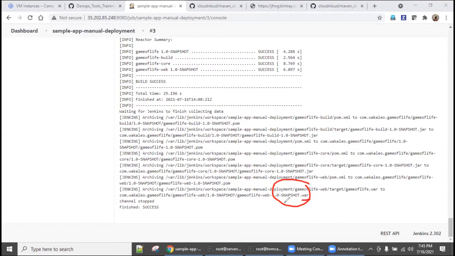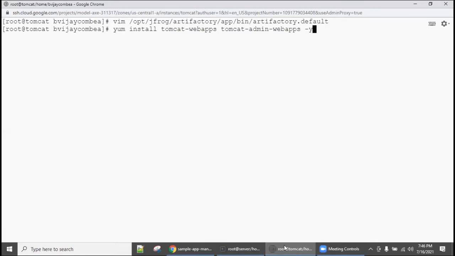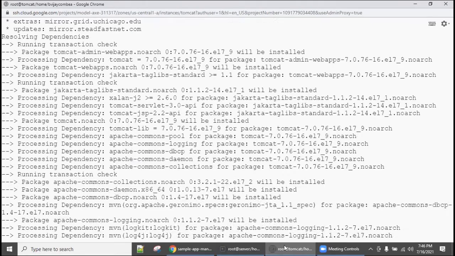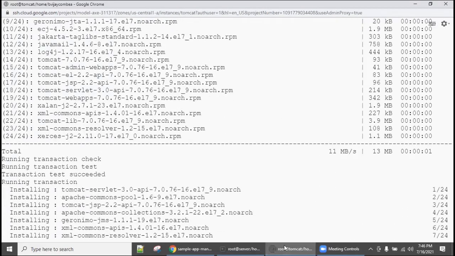This file I cannot use directly. It is the packaged application, but this packaged application I need to deploy somewhere, as a web application, so I can access it from anywhere. To deploy, I need a web application server. So Tomcat is the web application server which we are going to use. So I'm going to install the Tomcat web application server.